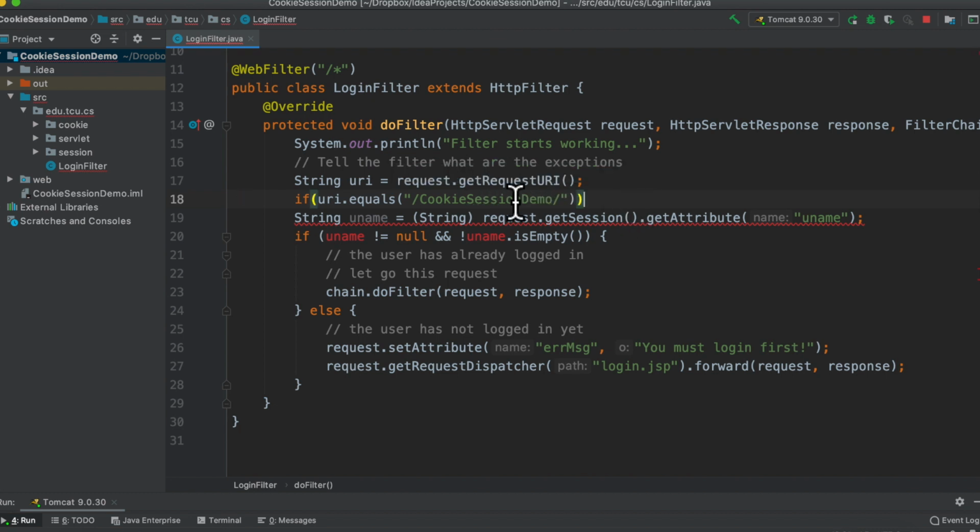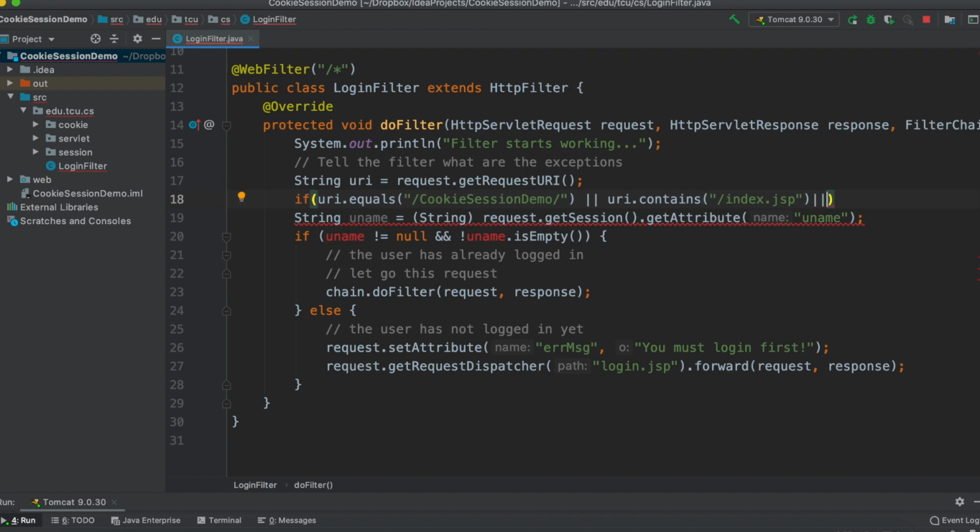So if the request URI is equal to this, that means I want to access the root, which is the home page, index.html. Or URI dot contains index.jsp,